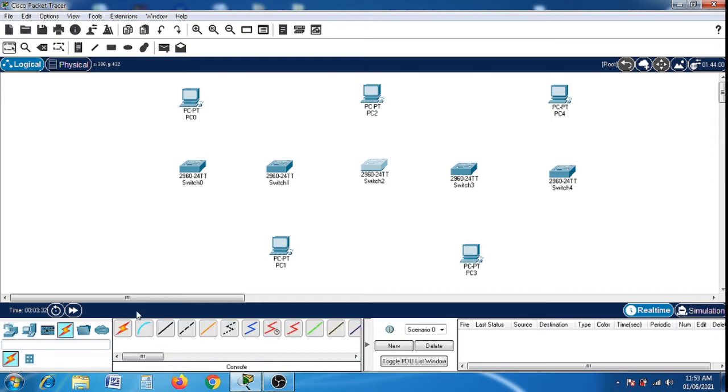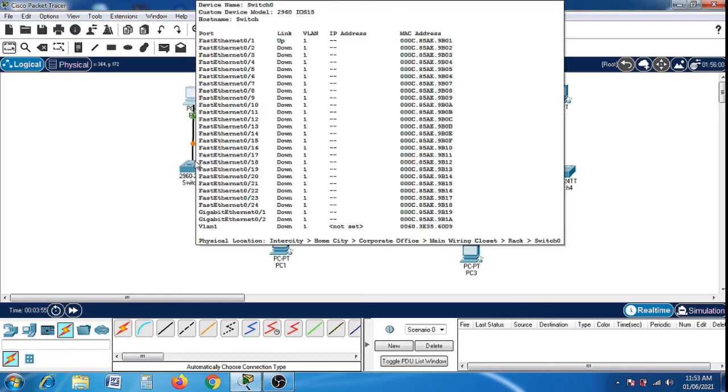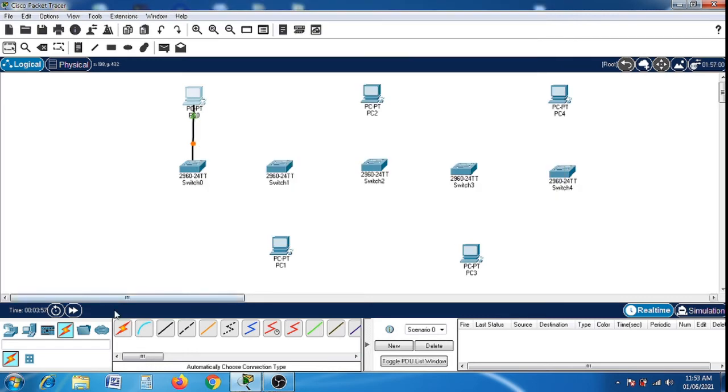One trick: if you don't understand which cable to use, you can just click the automatic connection type option. I'll click on this and connect from system to switch, because a message is going to be sent from system to switch.